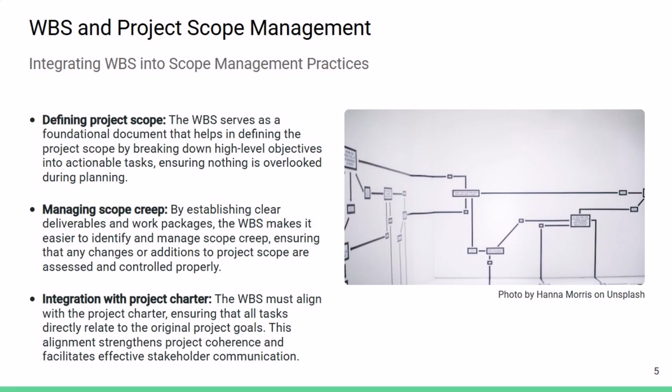Now, what is WBS and how is it related to project scope management? WBS serves as a fundamental document that helps in defining the project scope by breaking down high-level objectives into actionable tasks, and it ensures that nothing is overlooked during planning. If we make it with thorough precision, rest assured that no task will be left